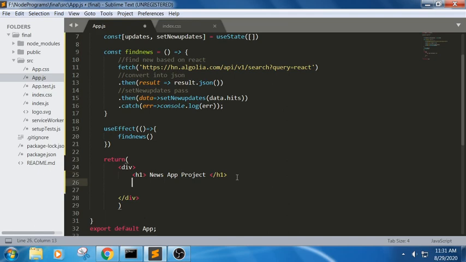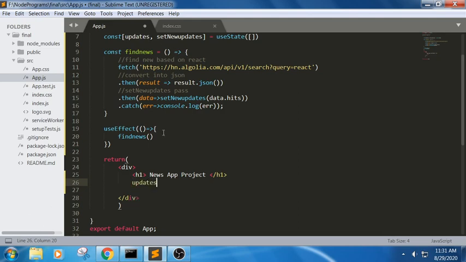We can generally use a for loop, as we have discussed in the previous food recipe app also, but here we are trying to use a map. In this map, first we will try to make sure whether we are getting the updates or not. Everything will be stored in this updates.